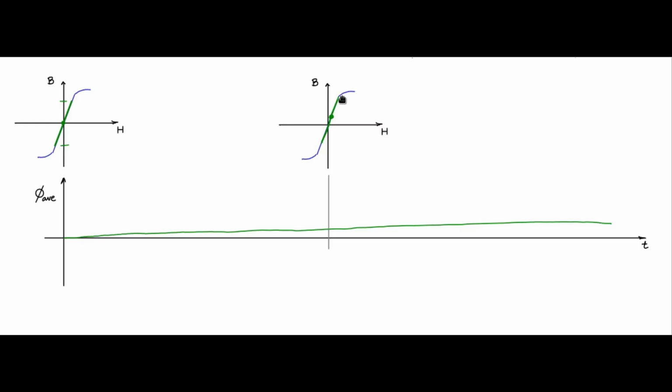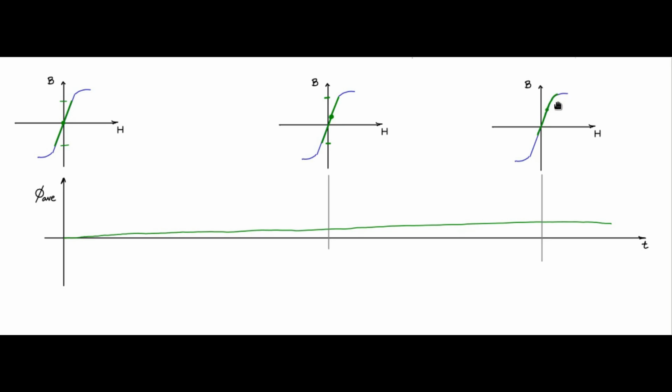You will see that it is near the knee of the BH curve. Still, there is no damage done as yet. Now, as time progresses, somewhere here, let us say at this point in time, you have still a much higher average flux somewhere here. And when you take the swing about the average flux operating point, you see that a portion of the curve